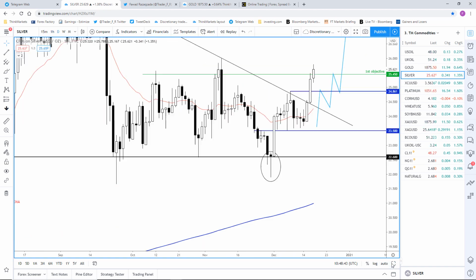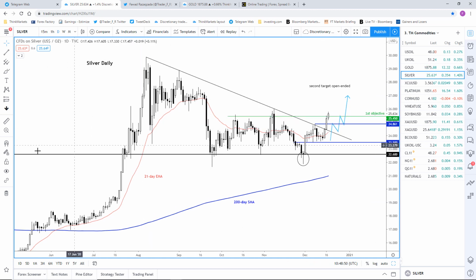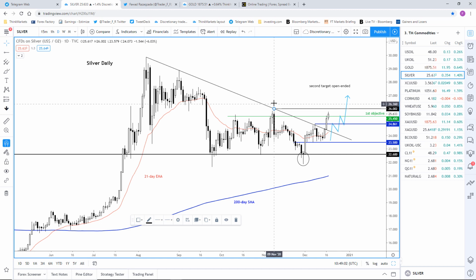Now if you look at the daily chart once again, it has broken the bearish trend line as we had expected. The next target is the high that was created here. So trapped sellers will have stops resting above that level. So I think silver is going to take out that liquidity pool next, and then thereafter